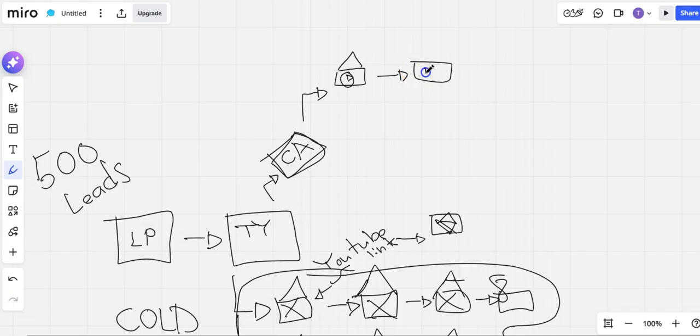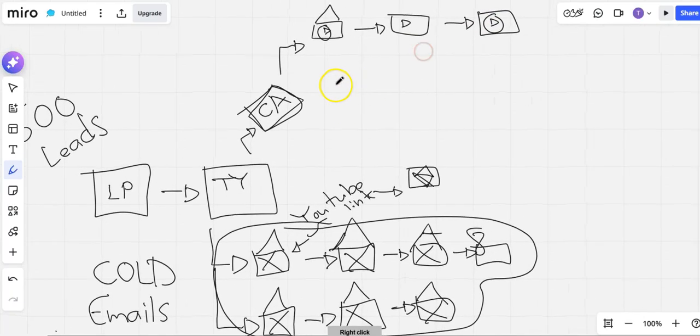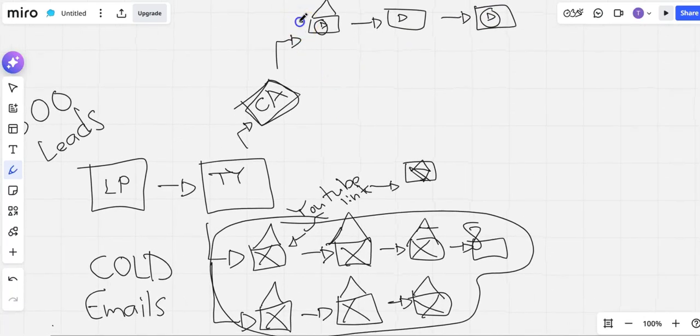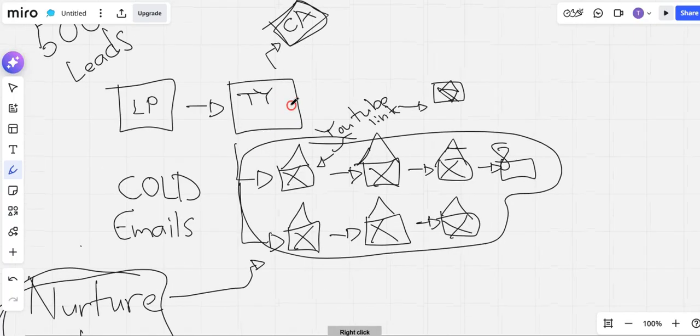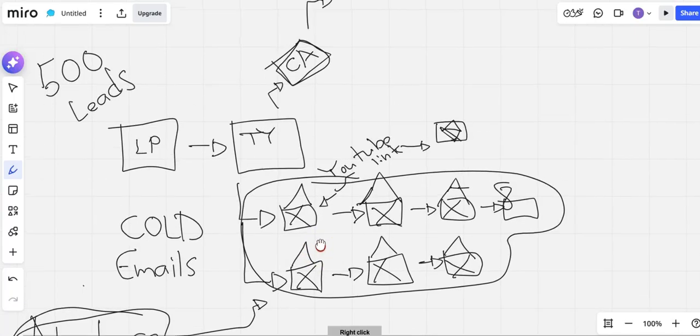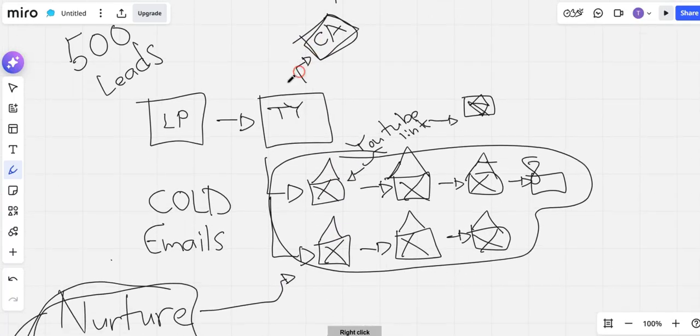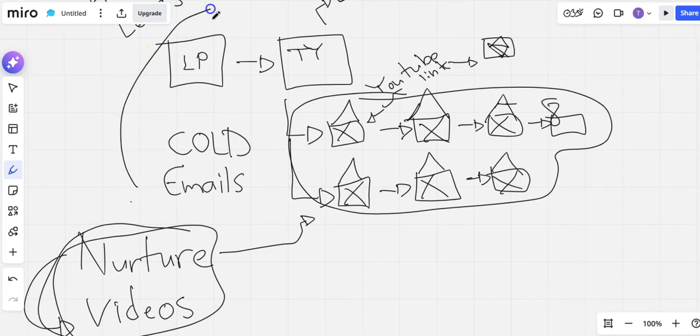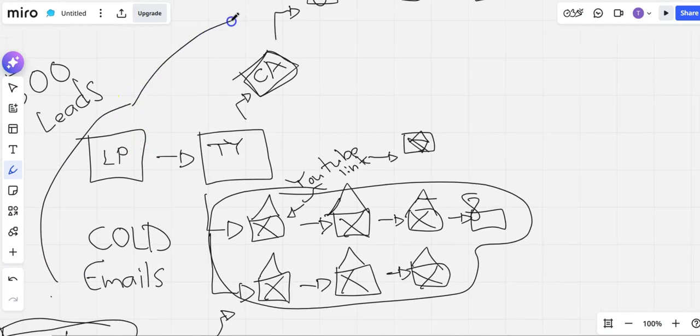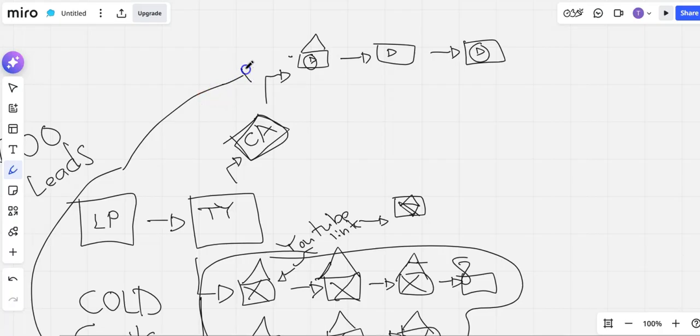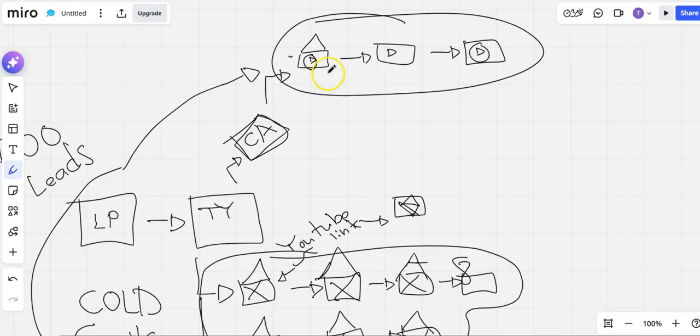So let's say you're putting videos here, right? So look what happens. Okay. Look what happens. Even if you have poor email click-through rates and open rates, when people are not opening your emails, look what happens. This goes here, goes up here, goes up here. Now they're going to see who you are as a person even more.